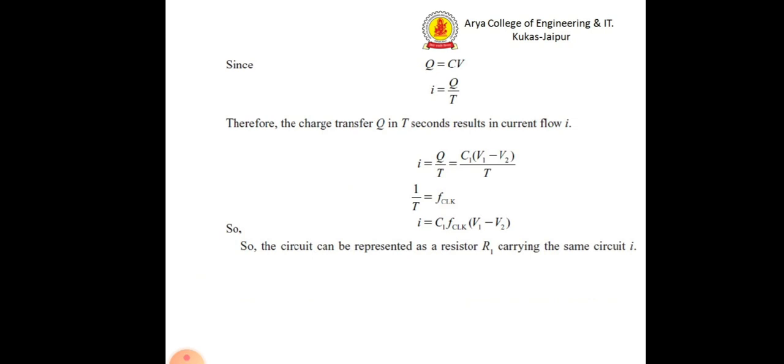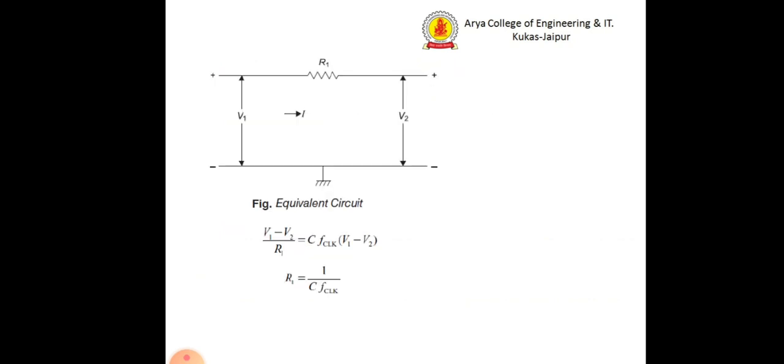The current will be equal to C1 f clock times V1 minus V2. The equivalent circuit for such a switch capacitor is shown in the diagram, where you have two voltage levels V1 and V2 at the two ports, and the capacitor and MOSFET effect represented by the resistance